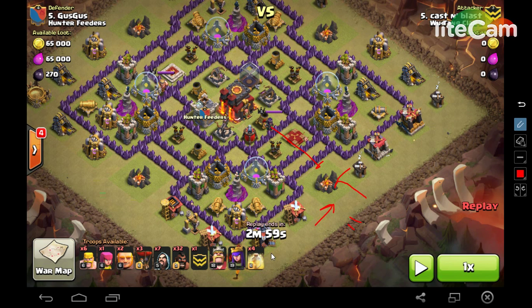So then I plan on starting about 15 hogs over here, 15 hogs over here. With low defenses, I can put them all on basically 2 separate lines. So 15 hogs up here, 15 hogs here, and then you want to start setting in your